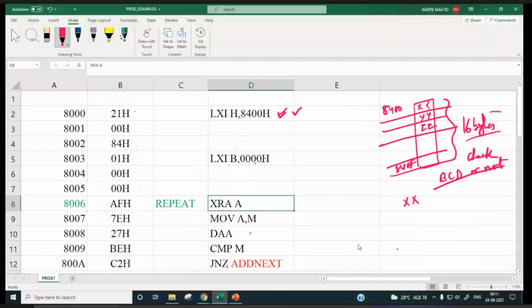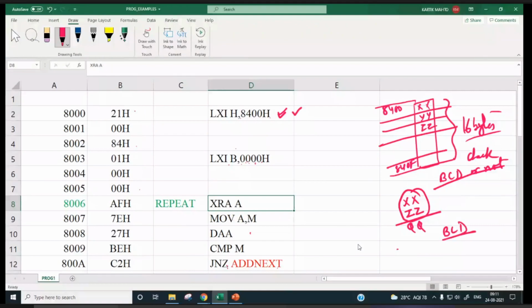Suppose ZZ is BCD, then ZZ plus XX will be added, and the result will be, say, QQ. So this way you have to select the BCD bytes out of these 16 bytes, add them together, and store the result also in BCD. This we discussed in the last class.